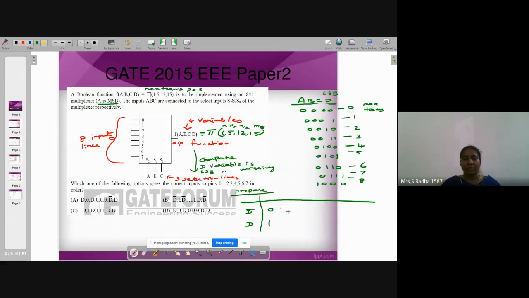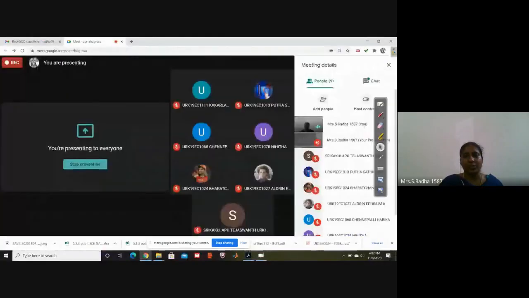And 2, 3, 4, 5, 6, 7, 8, 9, 10, 11, because here you are going to have input 0, input 1, input 2, input 3, input 4, input 5, input 6, input 7 present in the given diagram. 0, 1, 2, 3, 4, 5, up to 5 I have finished. Now under 6 it is 12, 13, 14 and 15. These are the min terms possible.